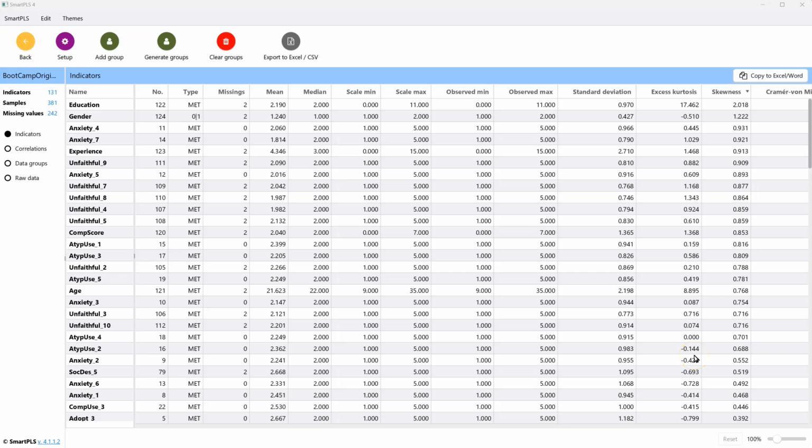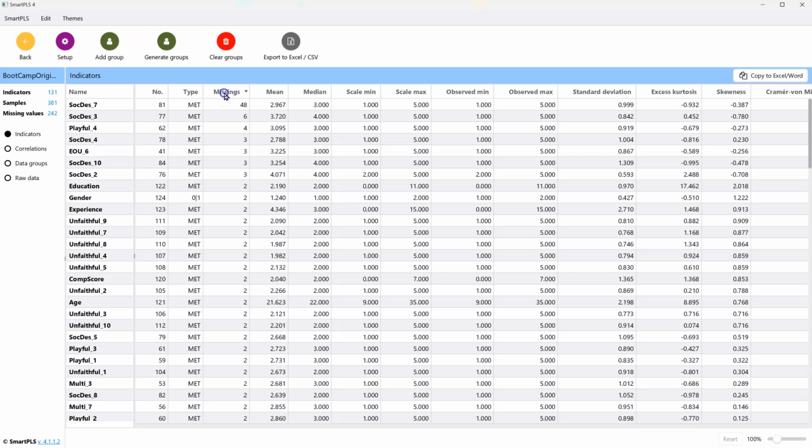Let's talk about missing data. When you're missing data, it reduces the effective sample size for any analysis because you don't have data for that estimation. This becomes a problem when you're missing too much data because it will bias the estimates towards those who did respond. Now in SmartPLS, we can see the missing right here,